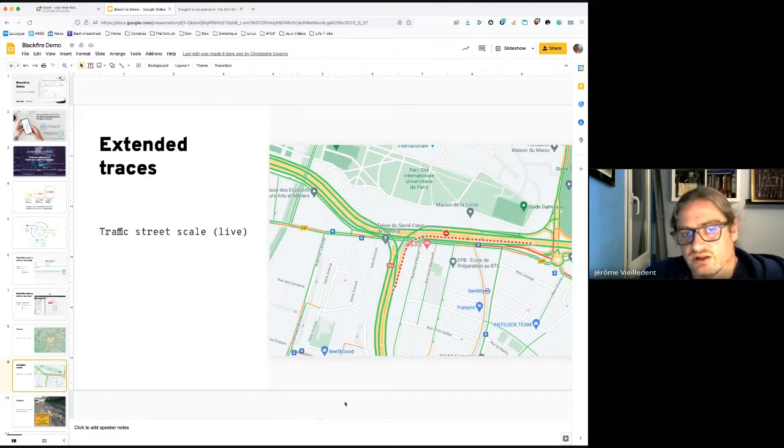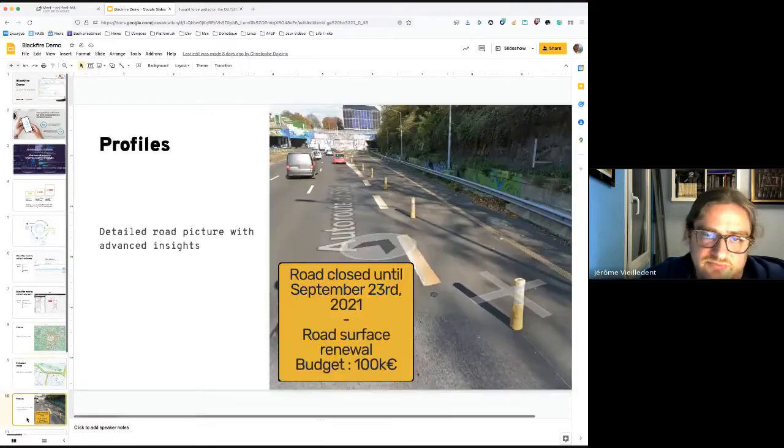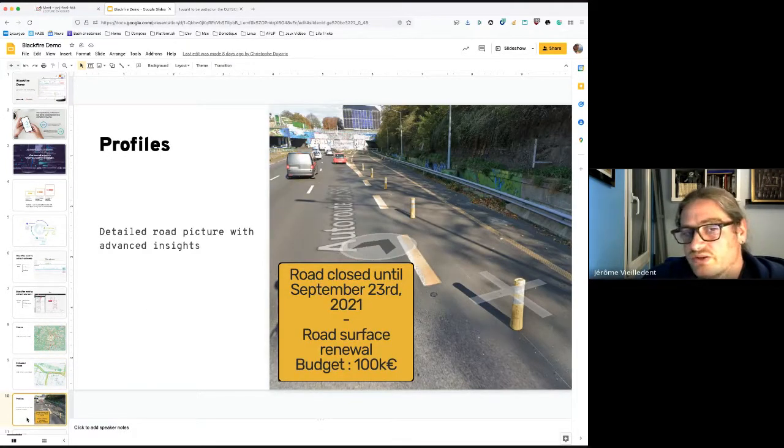So here we're at the level of the neighborhood. We can see which streets have been closed, which is close to this church, etc. And the profiles would give you the street view, with all the details and advanced insights.